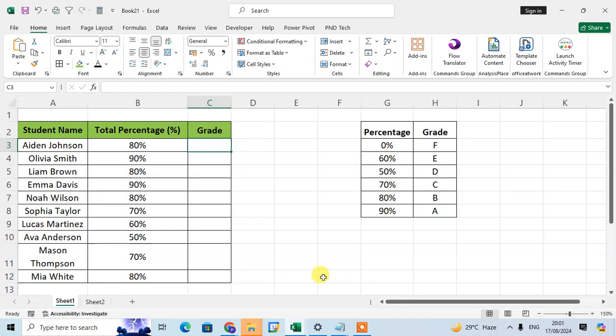In this video, we will learn how to assign grade by using the lookup function in Excel sheet. So let's start this in my Excel sheet. I have here simple data: student name, total percentage, and here I'm going to calculate the grade as per